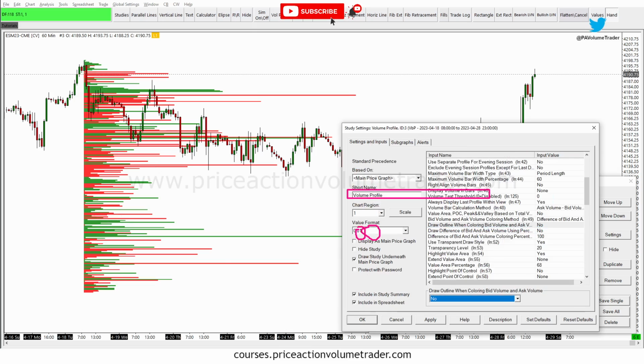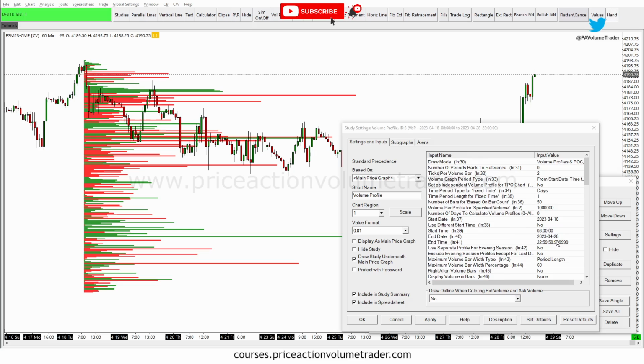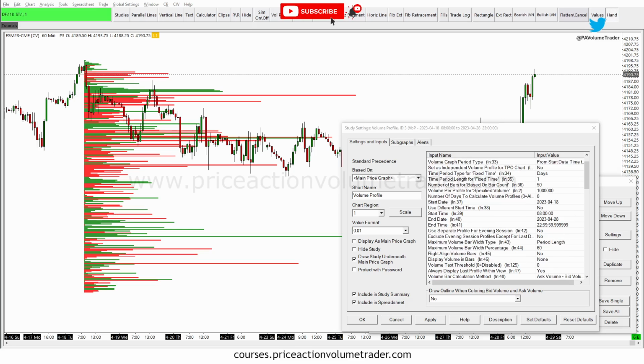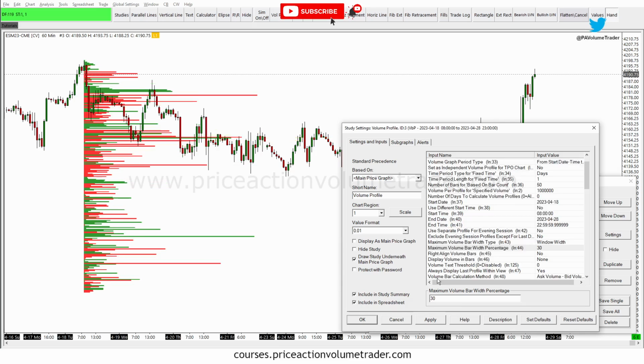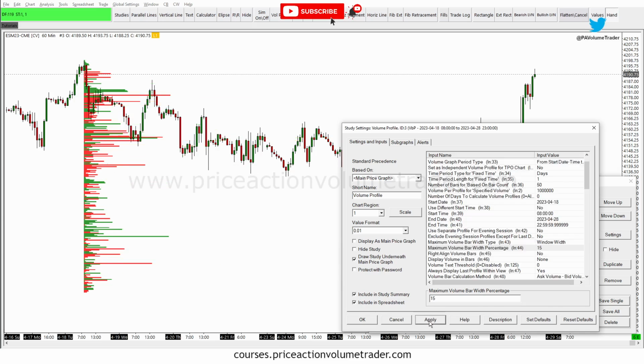If you go back to settings and inputs, you can change the width of this. If I go here, maximum volume bar width type, I like to select here window width. And then here, maximum width percentage, let's put it at 30 to make them a little shorter, maybe even shorter. Let's put them at 15. Okay, and if I click OK,